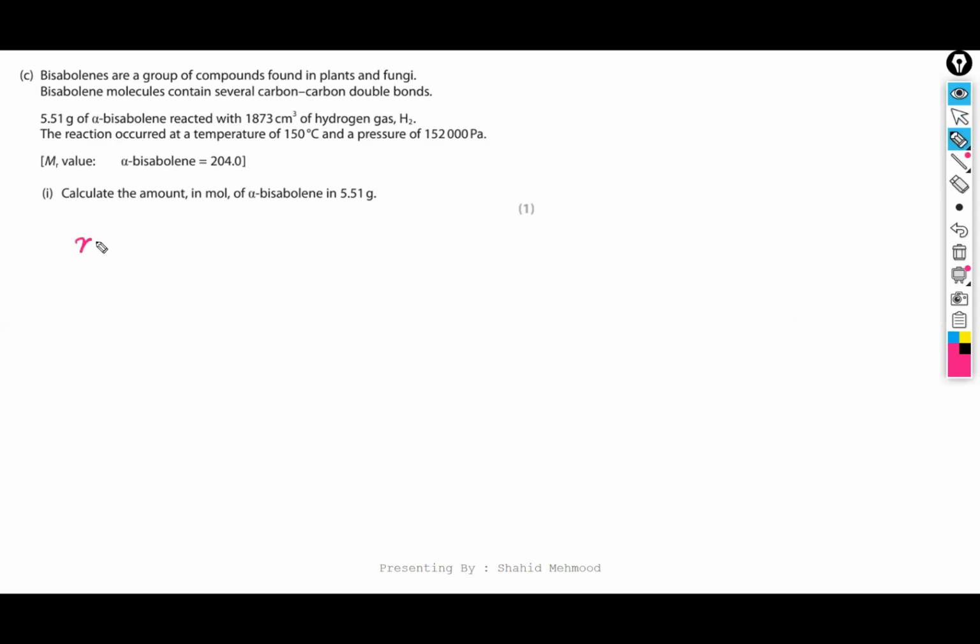So it's a simple question because whenever we are calculating mole, it is mass over molar mass. Mass is 5.51 gram divided by 204.0, and the answer is 0.027 mole. Now, here in this question, they gave the volume of hydrogen. Temperature is given as 150 degrees Celsius. Pressure is given as 152,000 Pascal. And we calculated the number of moles of alpha bisabolene, that is 0.027 moles. Now, the next question,